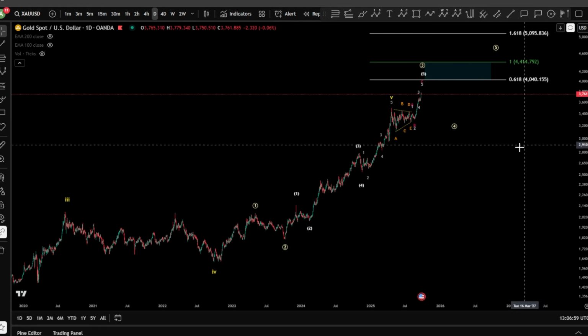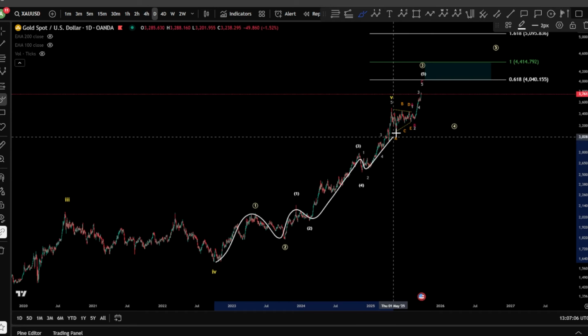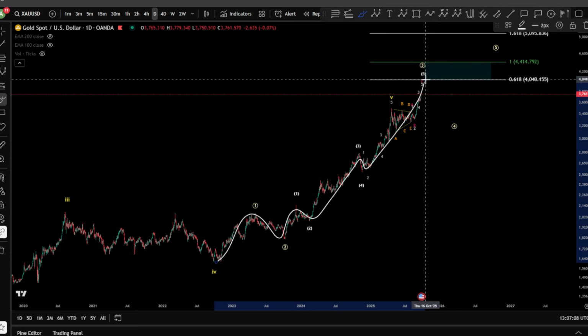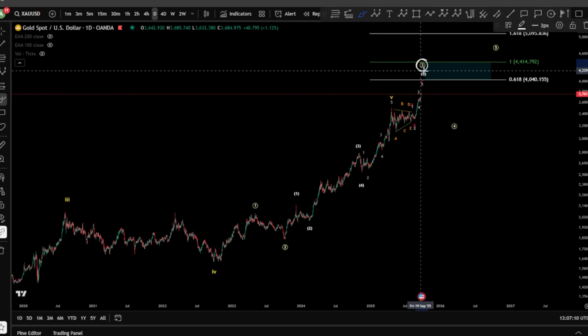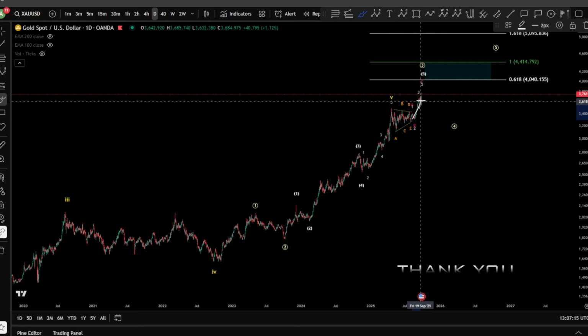We're going to start on the daily chart for gold, where we are still looking at this impulse as a 1-2 and then 1-2-3-4 and a 5. Potentially this wave 5 is getting extended here for a wave 3. After what we saw here as a triangle, we saw, of course, higher prices.